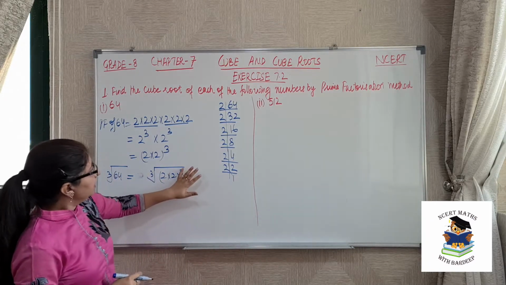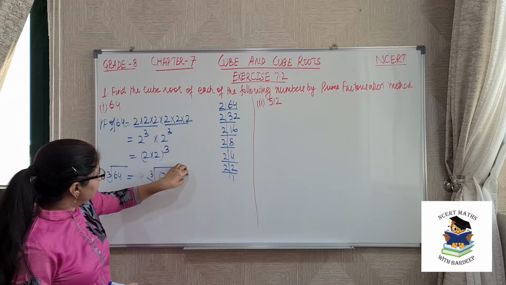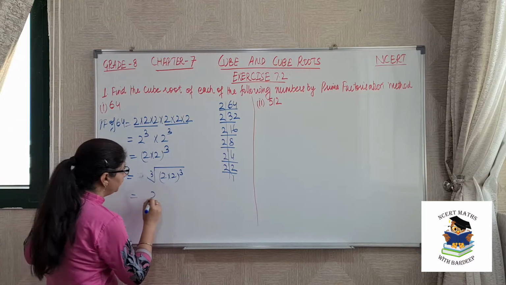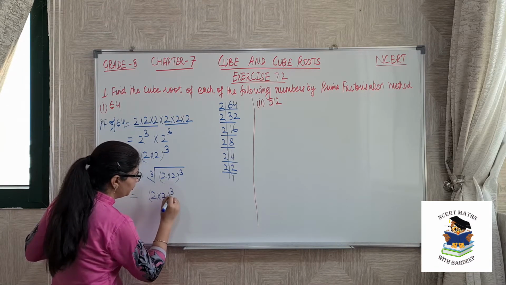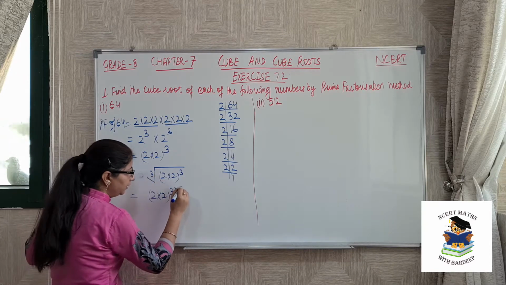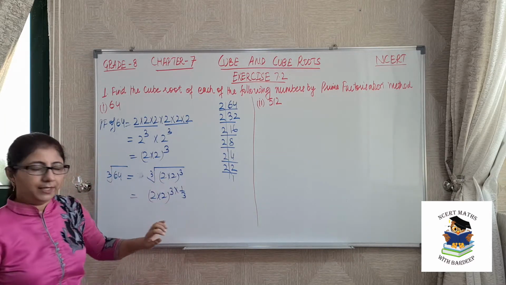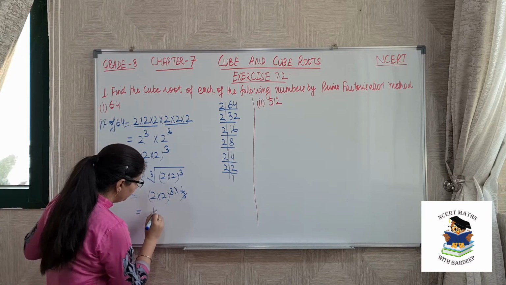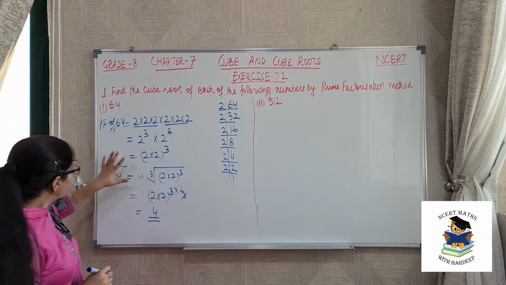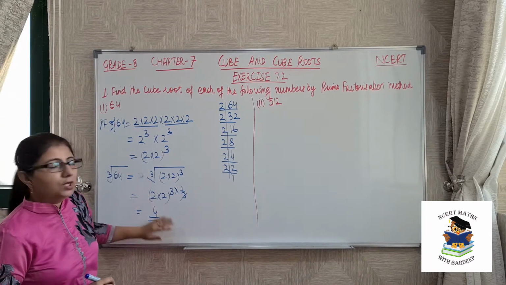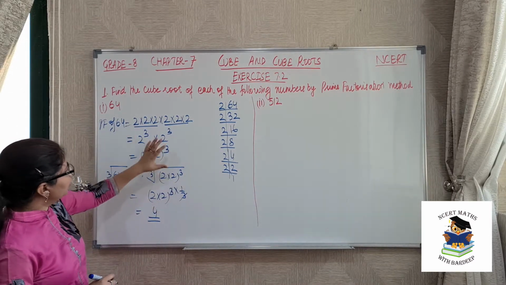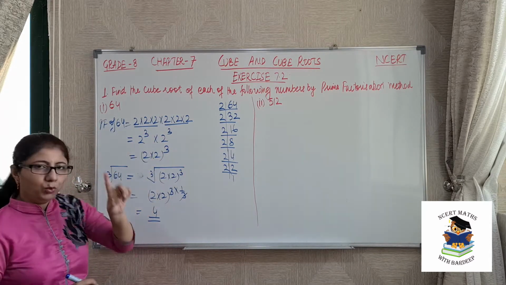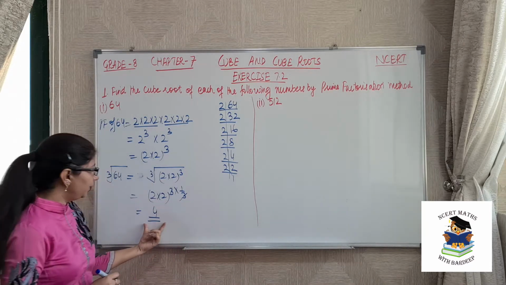As already explained in the introduction video, when we have this 3 and this 3, they will get cancelled. I will write it once more for you. So this is 2 into 2 whole raised to power 3 and cube root is having exponent 1 by 3. So this 3 and 3 will be cancelled and our answer is 2 into 2, that is 4. So that means cube root of 64 is 4. Or we can directly say that all those factors which are in a group of 3, write all those factors only one time and your answer is ready.